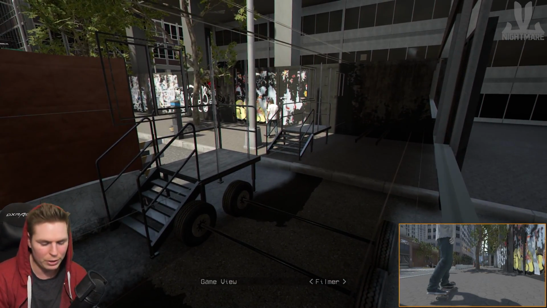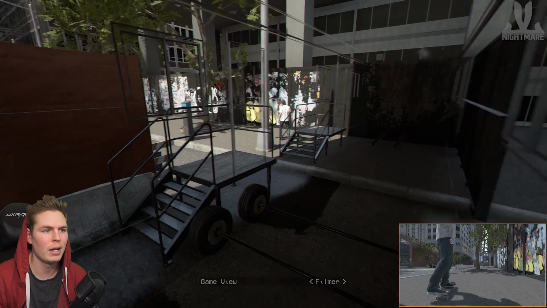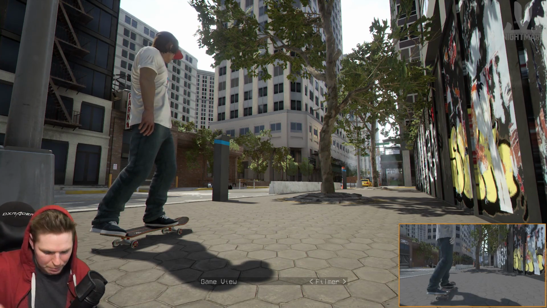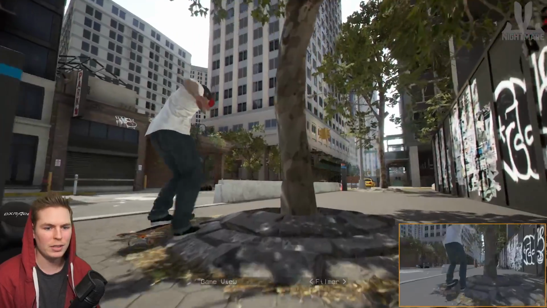Oh, okay, so if I press triangle, I can change the game view. Oh, okay, interesting. What I think I should do, maybe I should be the filmer with my hands and be the skater with my feet. I think I can do that. If I just set up...